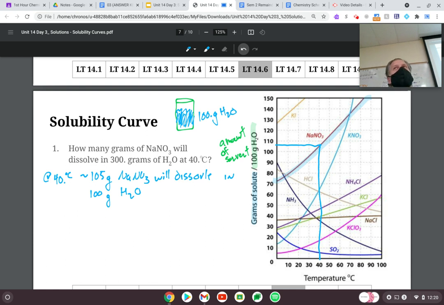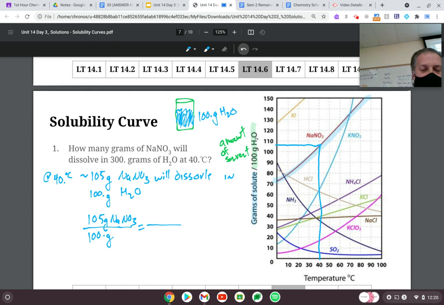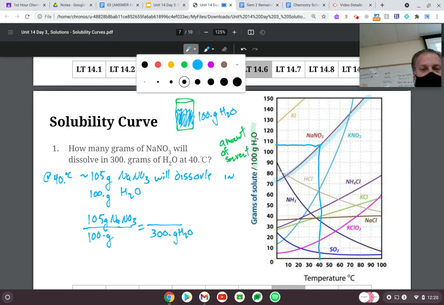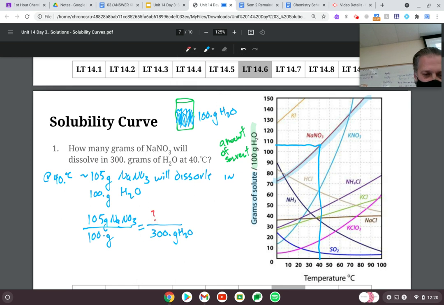Some of you can look at that and have already figured it out, but some of you are like, well, there's got to be some math involved because it wouldn't be chemistry class if it wasn't mathy. So I'm going to make a ratio and a proportion, really. 100 grams of water can hold about 105 grams of NaNO3. On the other side, if I want to figure out how much sodium nitrate can be dissolved in 300 grams of water, I would say question mark grams of